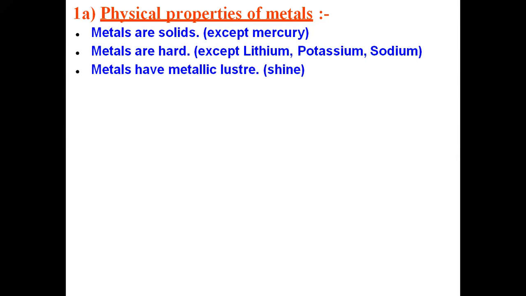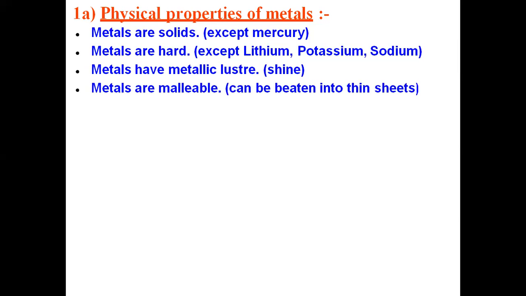The next property is that all the metals have luster. They are shining, they have shine. Why do they shine? Because in metals there is a presence of free electrons. Metals conduct electricity, you told. They conduct electricity because of the presence of free electrons, which are free to move within the metal. These free electrons absorb the light from the atmosphere and they reflect the light. Because of the reflection of the light, the metal has luster or shining. That is one more property of the metal.